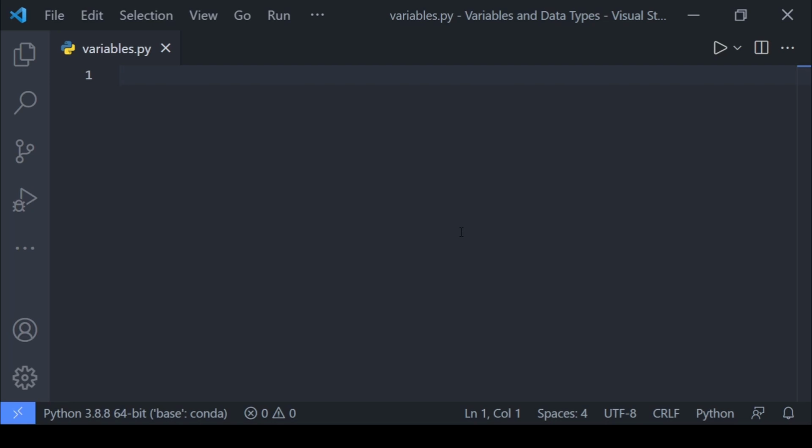Creating a variable in Python is actually very easy. You just have to select a variable name, and in this case, let's say it's var, and you have to type an equal sign and give whatever value you want to give. Let's say 5. So now we have created a variable. But of course, there are different data types you can assign to a variable, and let's just examine them a little bit.